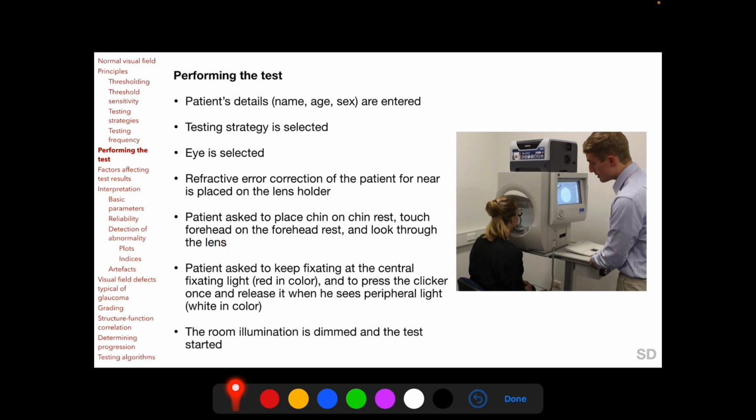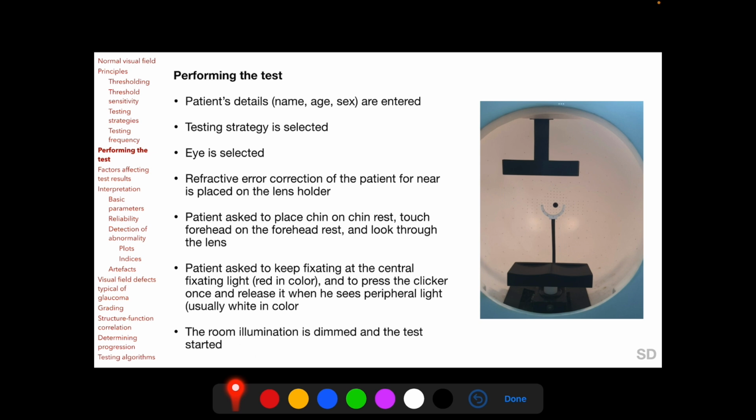corrective lens. The patient is instructed to keep fixating at the central fixating light, which is red in color, and to press the clicker once and release it when he or she sees a peripheral blinking light which is white in color. The room illumination is dimmed and the test is started. So the central fixating light, which is red in color, is projected from the center of the ball, upon which the patient must fixate throughout the test, and the testing stimuli, which are white in color, are projected from the